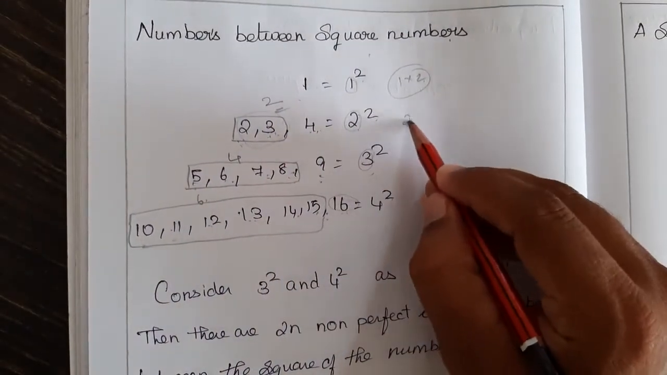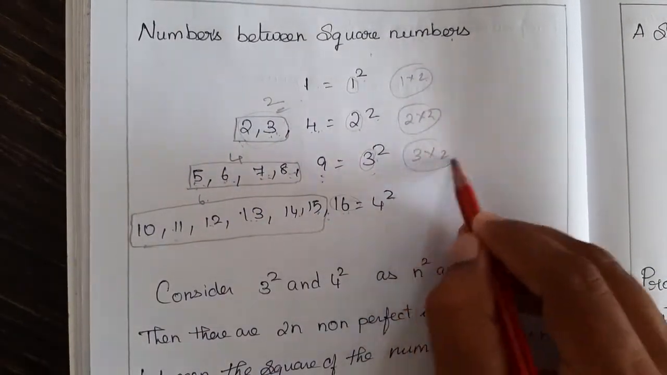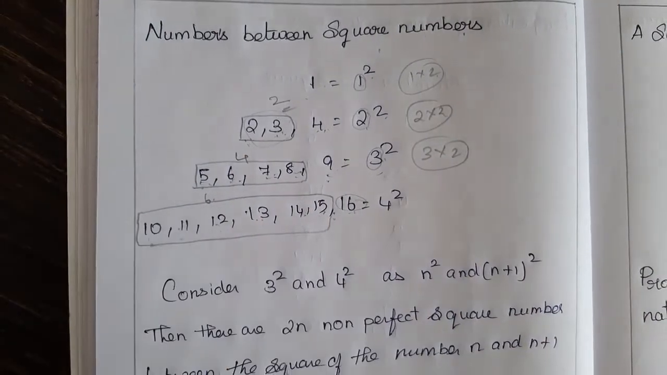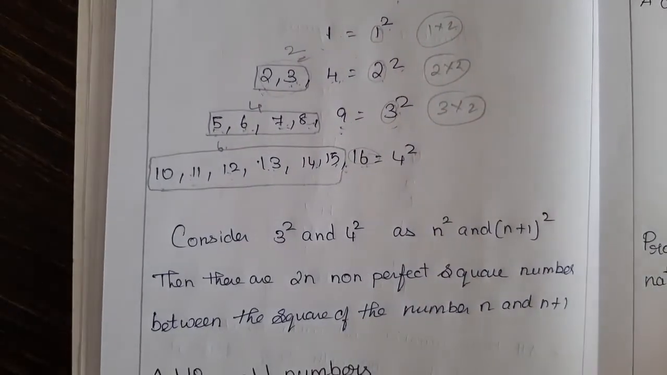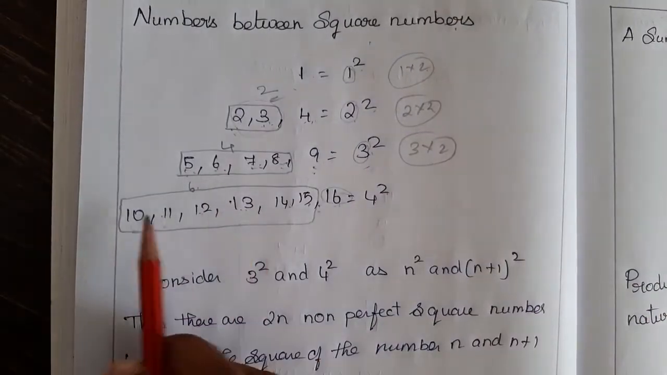You get 2 into 2, 4 digits. 3 into 2, 6 digits. So it also contains a pattern with the digits. We can find how many non-square numbers are there,